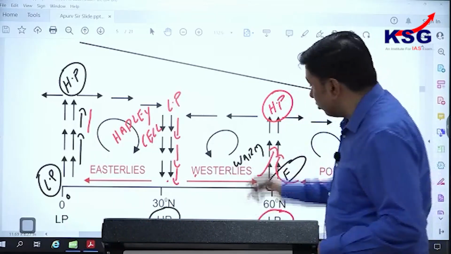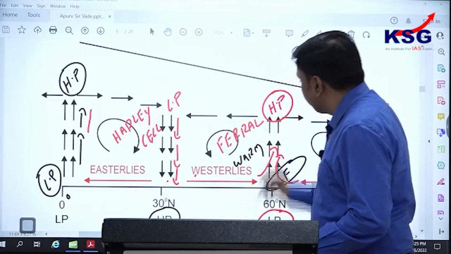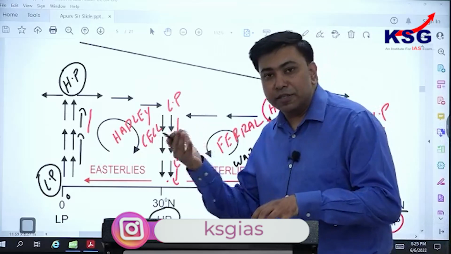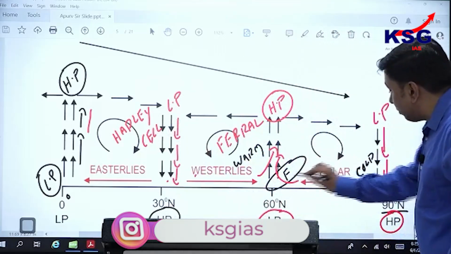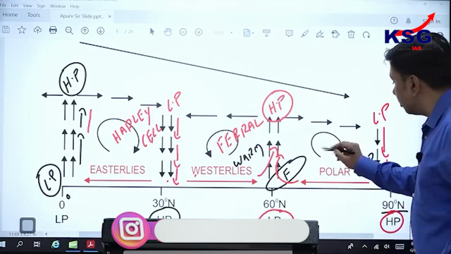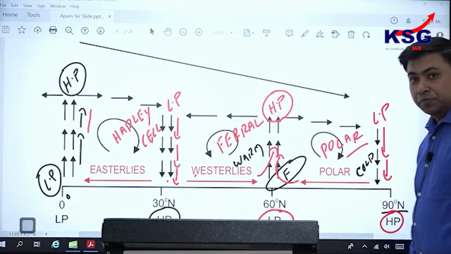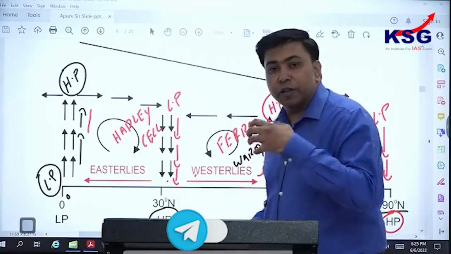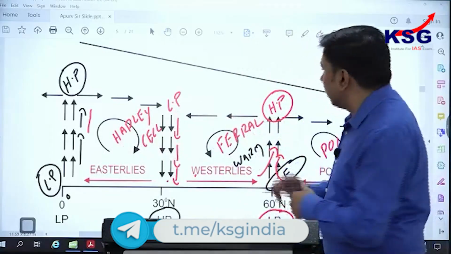That circulation or cell was discovered by Mr. Ferrel. And then the whole circulation is called what? The Ferrel cell. Finally, one more circulation develops between the subpolar area and the polar area, and this circulation is called the polar cell or polar circulation. Now altogether, the three types of circulation that develop over the surface of the earth from the equator towards the pole in both hemispheres, they are called as